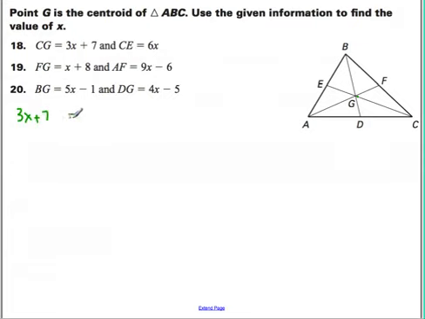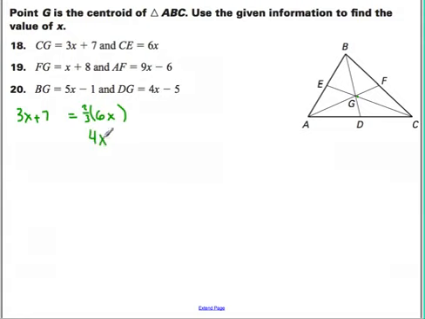Let's see, this is going to equal 6x. Okay. So CE is the entire thing here, the entire median. CG is just going to be this part that's going to represent 2/3. So what I'm going to have to do is take 2/3 of the whole thing. 2/3 of the whole thing is equal to the smaller piece. So since this one's smaller, we leave it alone, and the bigger piece we have to take 2/3 of. Okay, so CE is the whole thing. We're taking 2/3 of the whole thing to represent the smaller piece here. Hopefully that makes sense. So 2/3 would be 2 times 6 is 12, divided by 3 is 4,